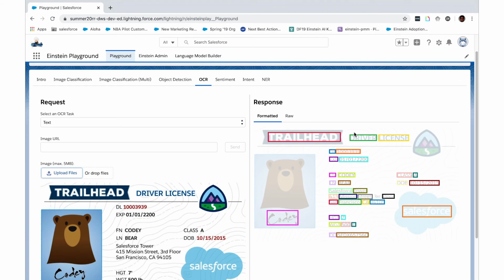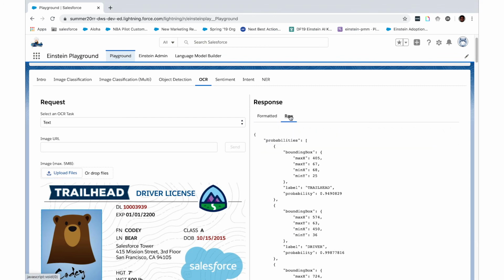On the right-hand side, you can see Einstein OCR drew the bounding boxes around all the different entities on Cody's driver's license. And we've got the raw JSON code if you want to leverage this anywhere inside your app. And finally, on the right-hand side, we've included some code that we also use to leverage the Einstein OCR API inside of our location check-in app as well.